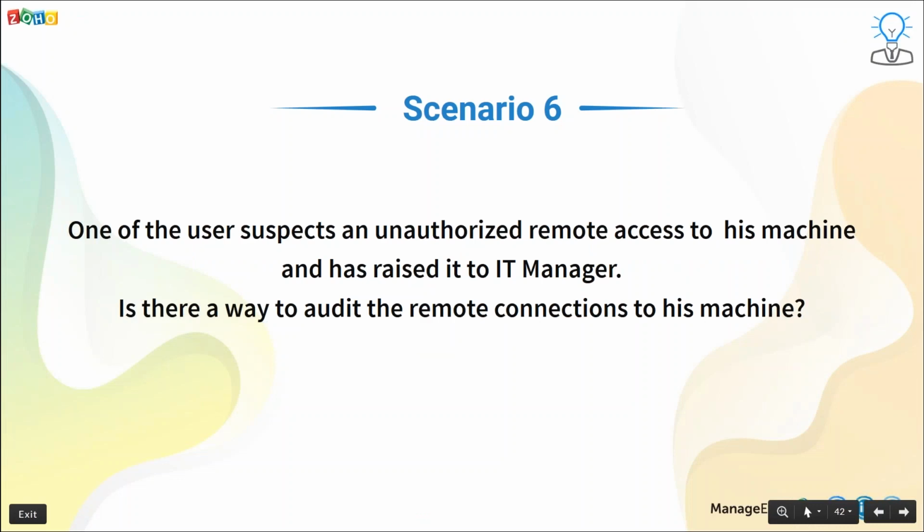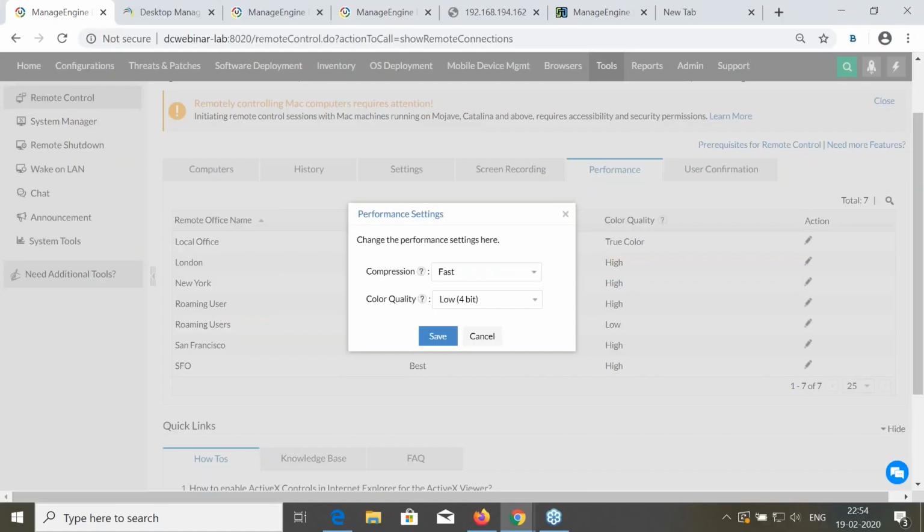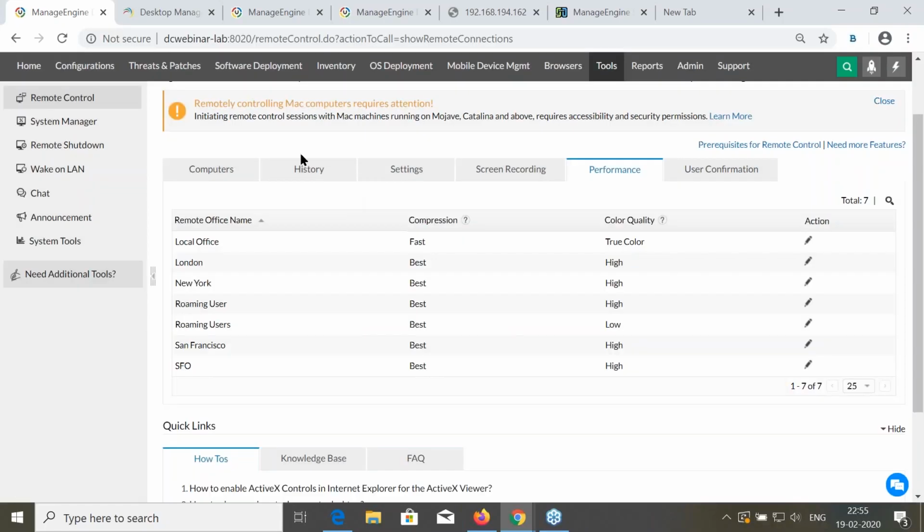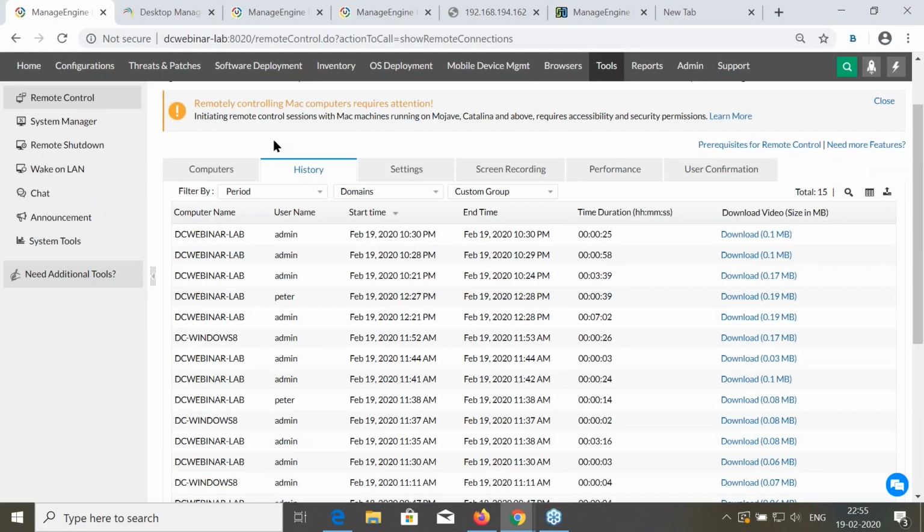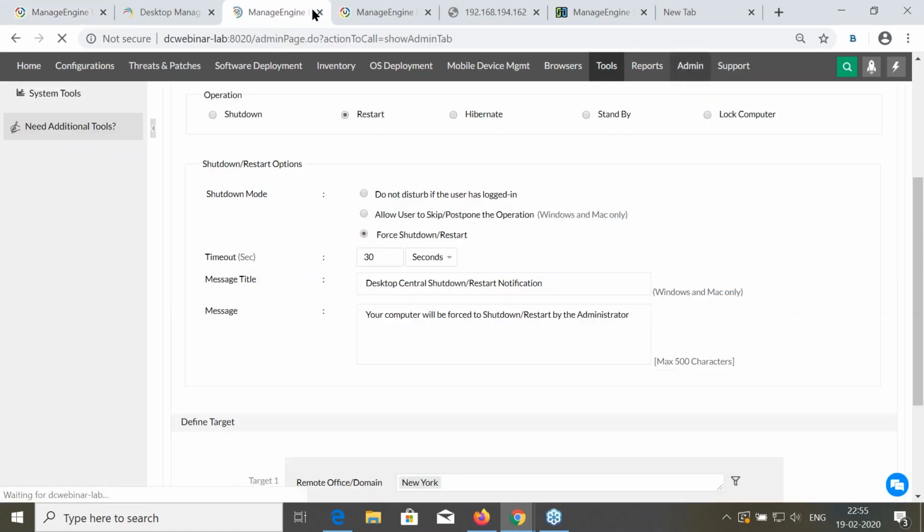One of the users suspects unauthorized remote access to his machine and has raised this to the IT manager. Is there a way to audit the remote connections to his machine? Yes, as I told you earlier, there are two places actually. One is under the history tab. So you can see the machine and the user who initiated the session. And there is also a page called